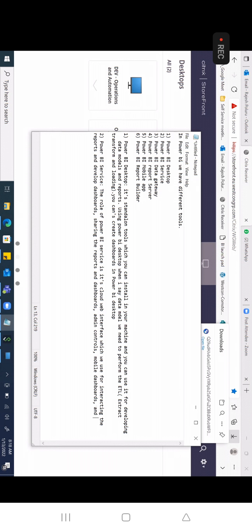There are so many things we can do, like email subscriptions, and many other functionalities we can do